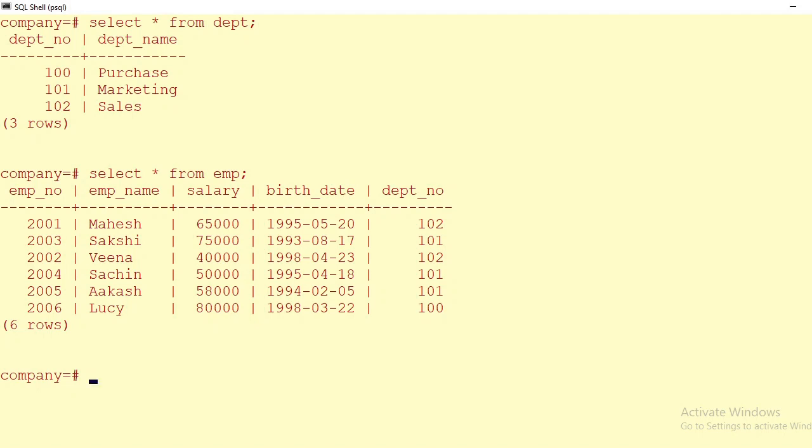Now, if we want to insert some records with department number 103, then should it get inserted? Of course not, because department number 103 is not present in department table. Let us try to insert that in employee table.